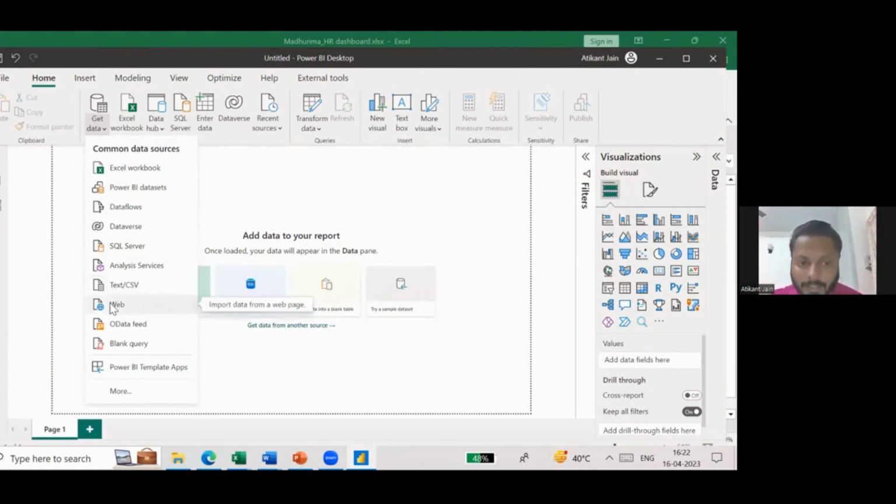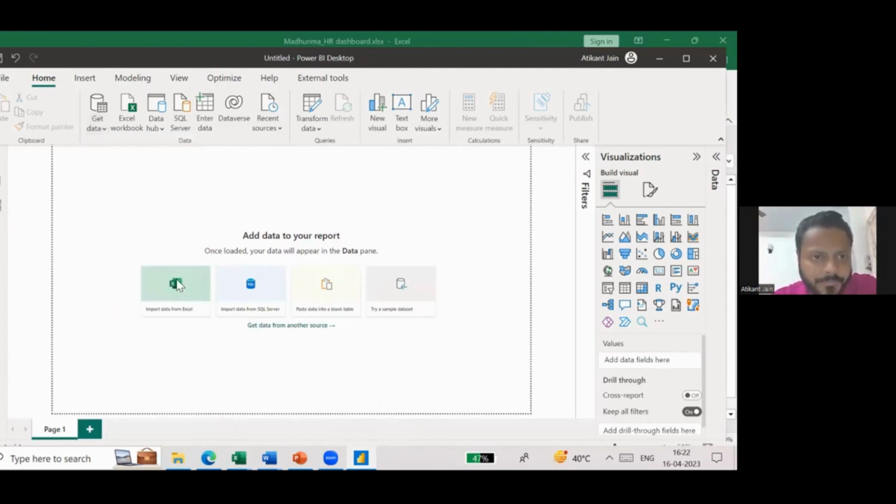You can directly connect through the website. For example, let's say you want to crawl a website and fetch all the movie names from the IMDb website. IMDb gives the ratings to movies, right? So if you select Web and go to imdb.com, you can crawl all the movies and have all the data set across over here, right? So this is how you have so many options. If I click More,